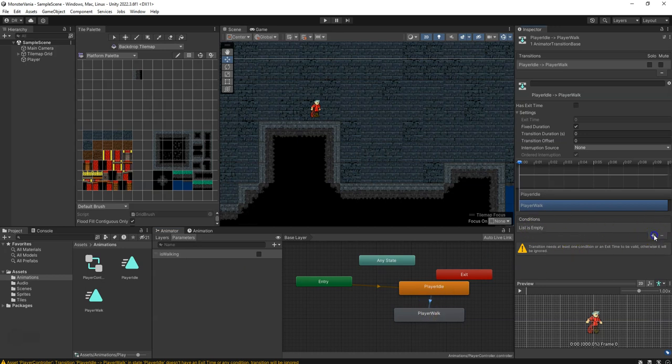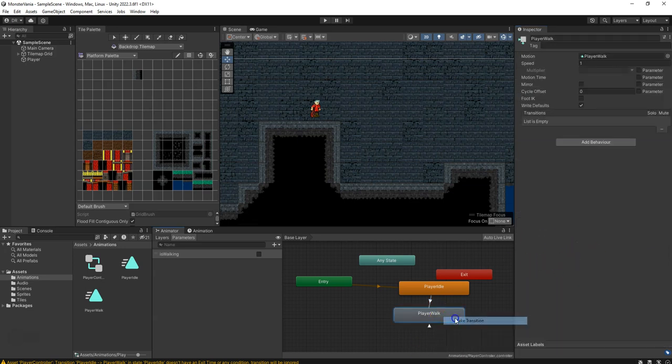And in here, our list is empty, so let's go ahead and add our is walking is true. You can see that warning has now gone away. And I'm now going to go to player walk, right click and make a transition. And I'm going to have the arrow point back to the player idle. So I go ahead and click on player idle. And so you see now I have an arrow that's pointing down to player walk, an arrow that's pointing back